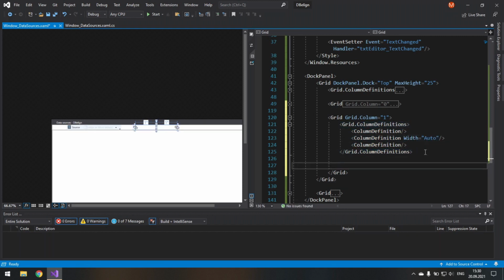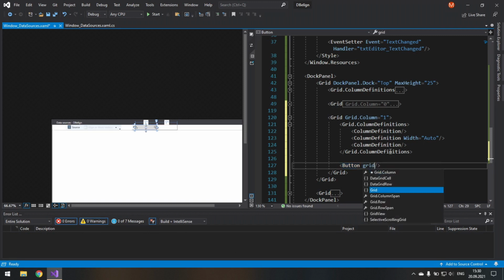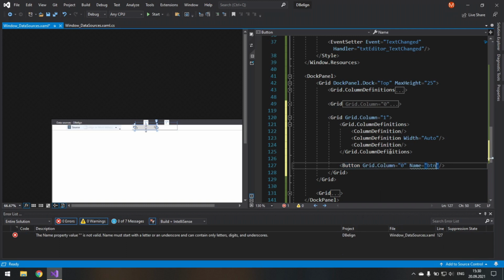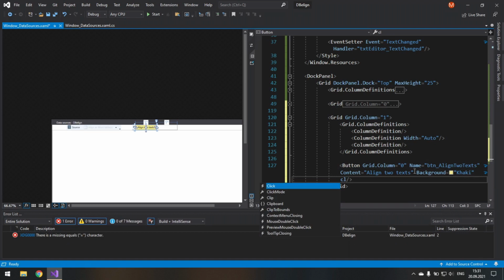So in the first column we will have a button, so button, and set grid column to 0. Its name is going to be button underscore align to text. Its content is going to be the same, so align to text, well, lowercase. The background is going to be khaki, and let's create a click event for it.